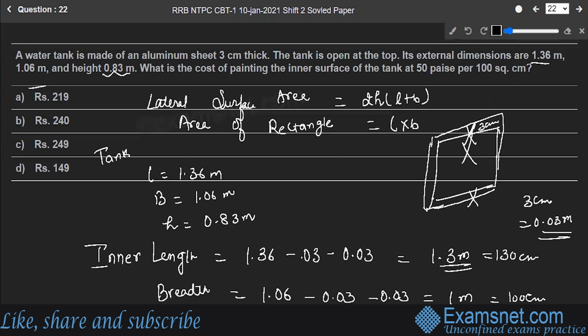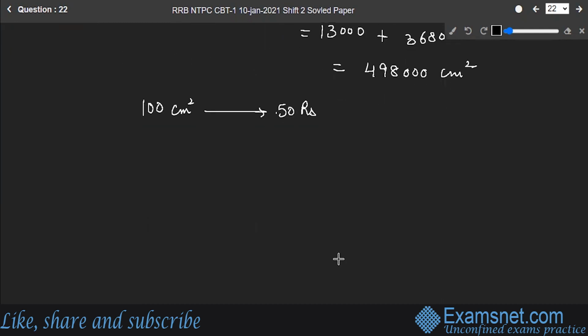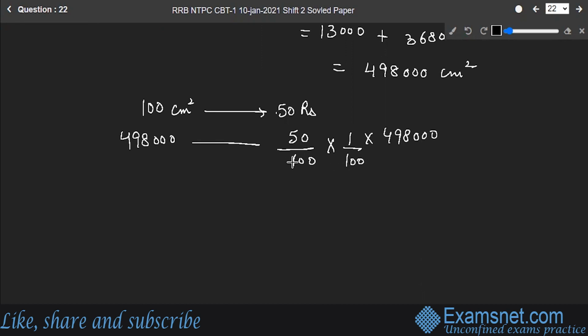And actually, this is given to you as per 100 centimeter square, the cost is 50 paise. So for 100 centimeter square, the cost is 50 paise or 0.50 rupees. For 498,000, it is this 50 paise into this. Okay, so let's have all the cuttings and all. So 498 into 50 into 5, this gives you,